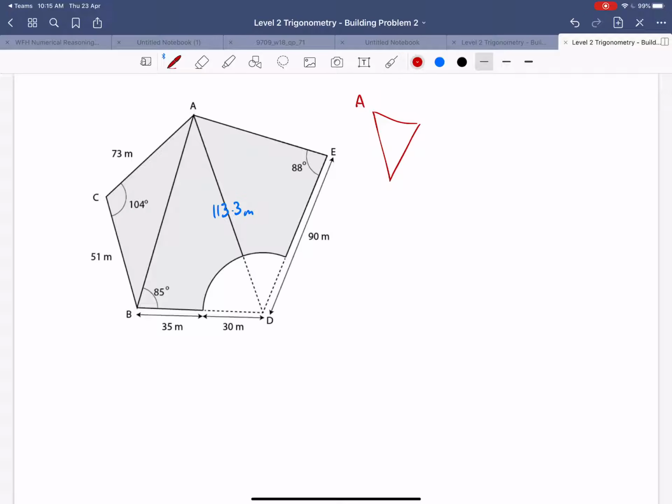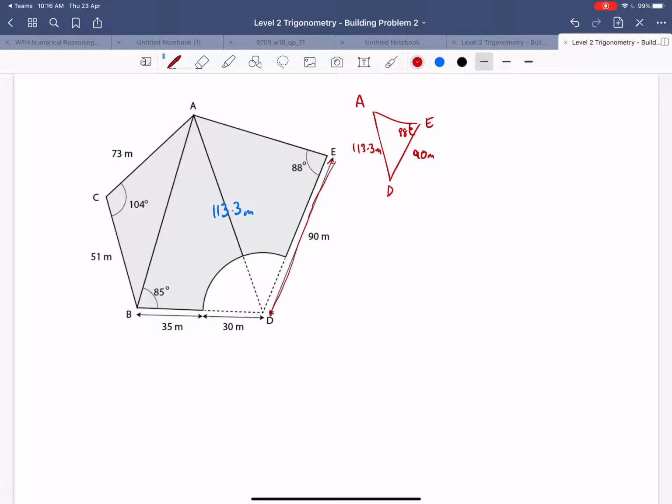So we've got A, we've got D, we've got E, we've got 113.3 meters, we've got 90 meters, because this 90 actually extends into, so look at the arrows, they tell you that 90 is actually the whole thing, not 90 plus 30. Okay, and the angle at the top here is 88 degrees, and we want to find the area of this